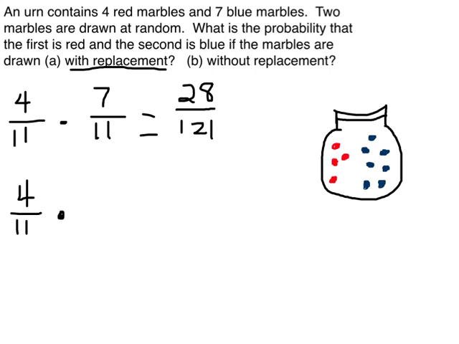However, if we do not replace that red marble, it is gone. And now we only have a total of 10 in the jar. Now of those 10, 7 are still blue. So in this case, our answer would be 28 out of 110,